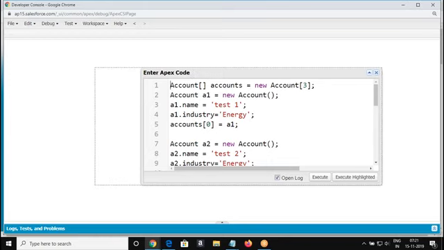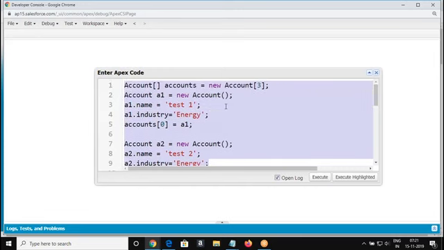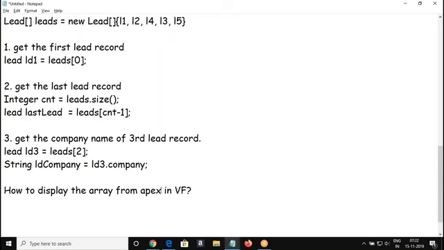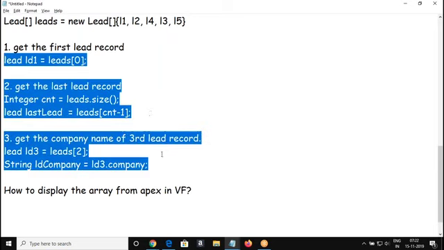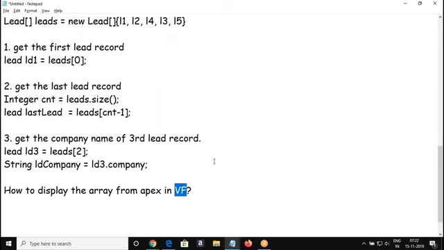All of this is applicable within your Apex class, in your method or variable declaration. But instead of writing the class, creating the instance, and calling it to test, we learn and debug the Apex code using the anonymous window. Now the requirement is to replicate all these things in a class and display the array value in the Visualforce page.